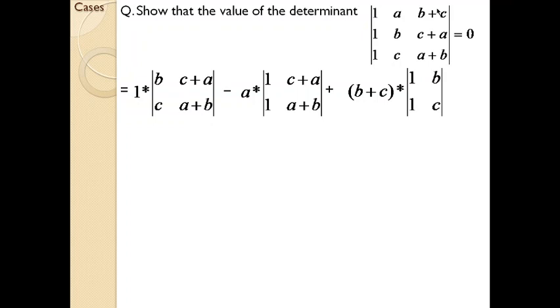Sometimes you may come across a situation where the elements may be represented as B plus C in the case of numbers. So it is B plus C into, and once you select this number, the corresponding row and column are neglected, so the remaining numbers are 1, B, 1, C. So it has to be written here. Now you have subdeterminants, that is, you have disintegrated this determinant into determinants of order 2, and once you come across a determinant of order 2, it is quite simple, you just need to cross multiply.